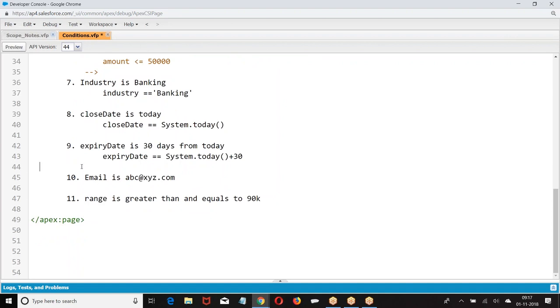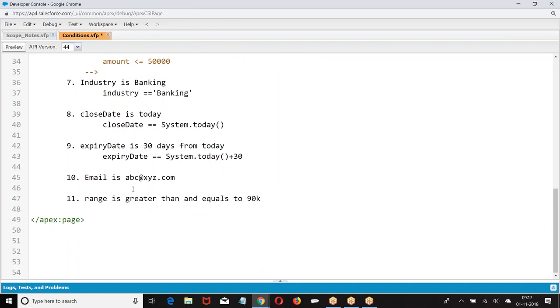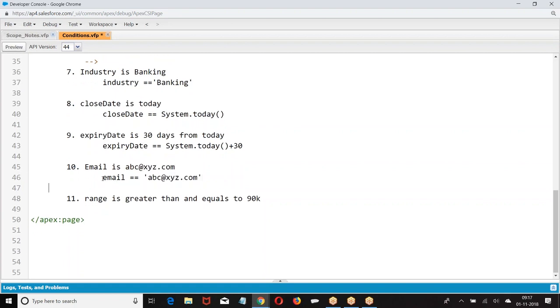Then we have email. Then we have range greater than or equal to 90K.